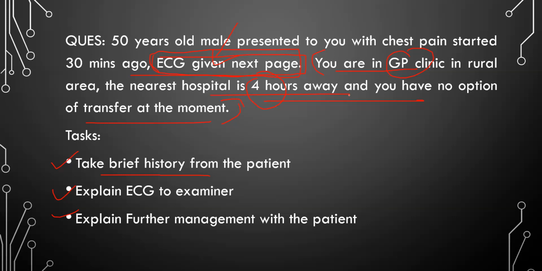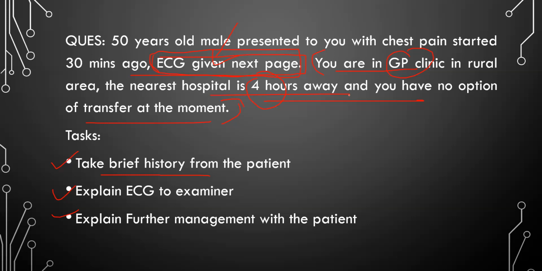So for fibrinolysis, you need to find out if this patient has any contraindication for that. That comes in your history also. So you need to find out if this patient has any bleeding disorder, is he on any blood thinners or not, any history of ischemic stroke in the last 3 months, any history of intracranial bleeding anytime. Those contraindications you need to ask here.